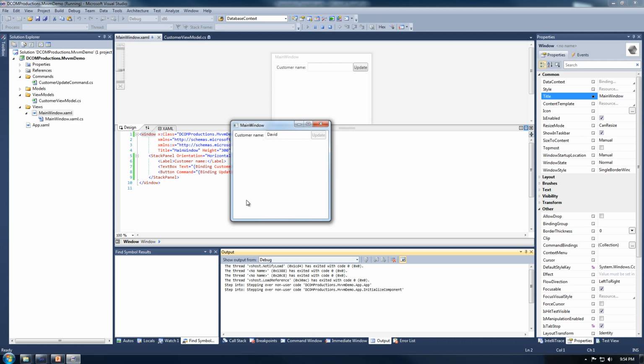And you can see here that our update button is disabled, and that's because we didn't actually add any logic to our can update property, and the default of a property or field for a Boolean value is false. So let's go back to our view model,